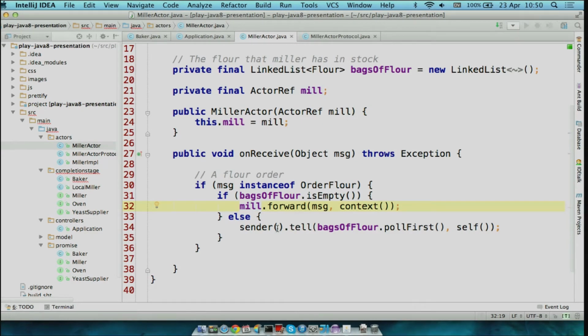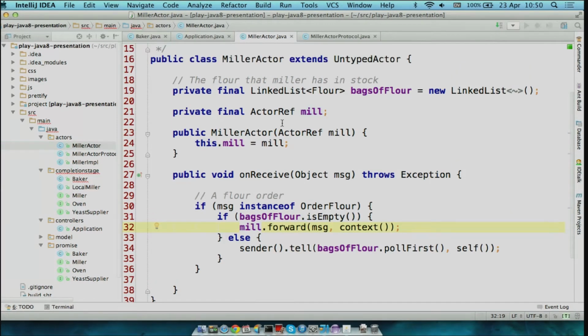So this is reactive because in here you never actually ask for anything. All you do is handle messages in onReceive. It's important to note that actors ensure that their state is accessed in a thread-safe manner. So we don't have to worry about using a concurrent structure here. It's perfectly fine to use a mutable linked list, which is what I'm doing. That lets us modify it in the onReceive method, because the onReceive method will only ever be invoked once at a time.